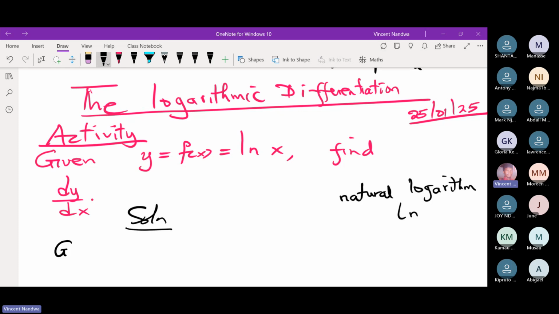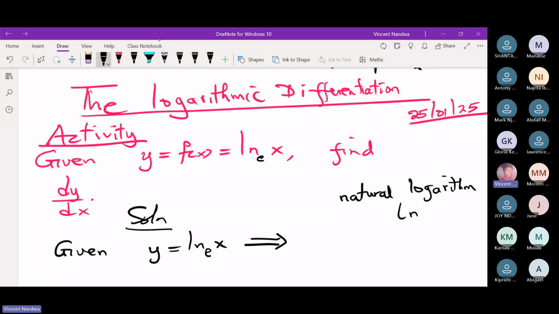given y is ln of x, when we write ln of x, by default the base is always e. Sometimes it can be shown or sometimes it's not written there, but you have to remember that when you have an ln, the base is this number e. So what we do,